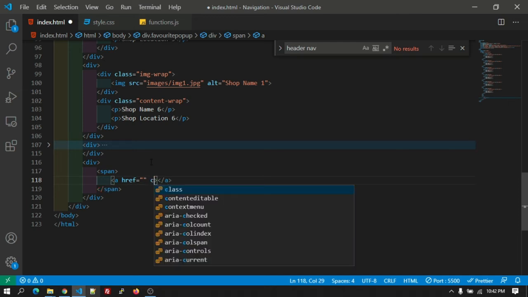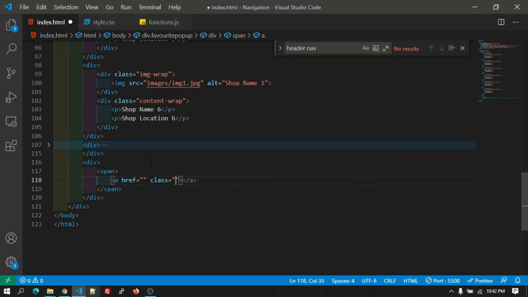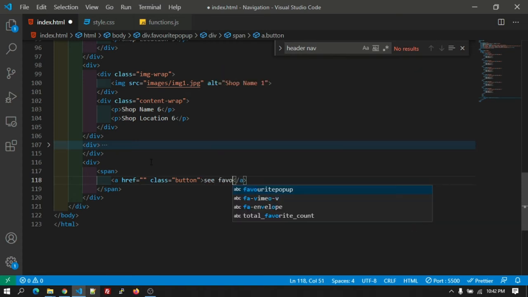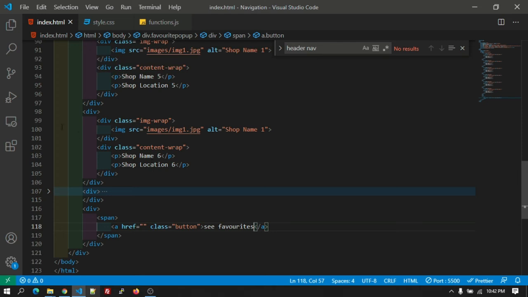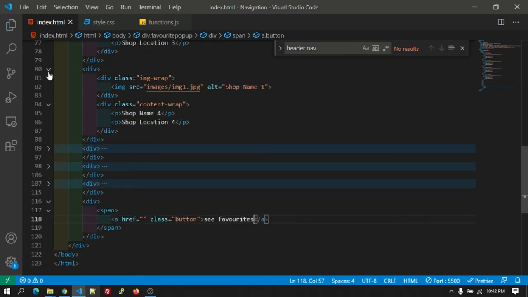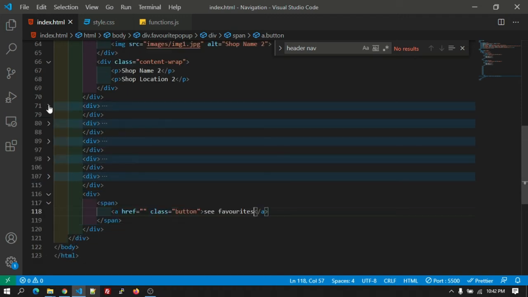Okay, let's give the class as button. For that anchor tag, the button text will be see favorites. Okay, so this is the favorite pop-up HTML we have written.